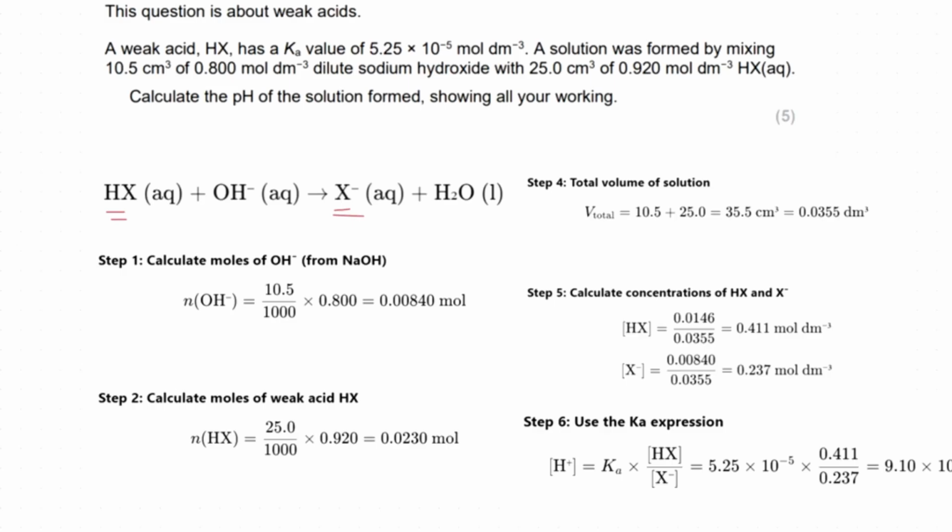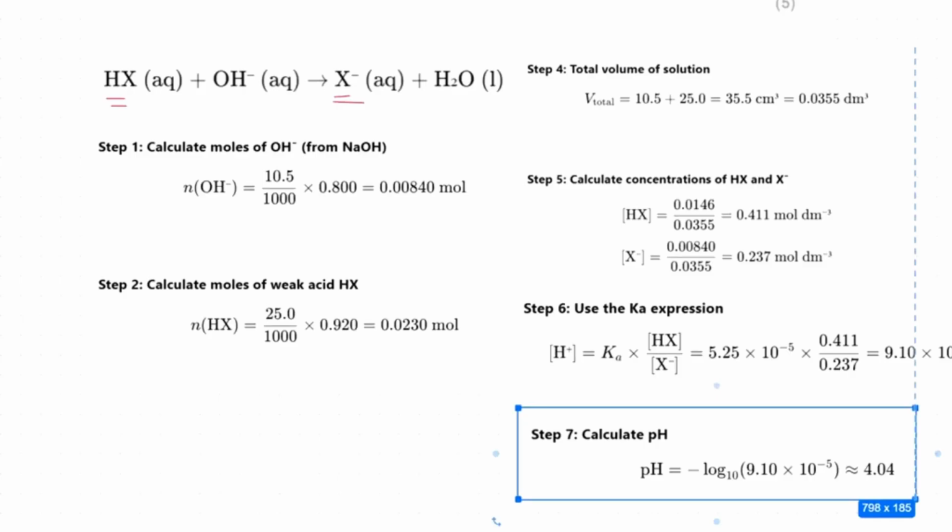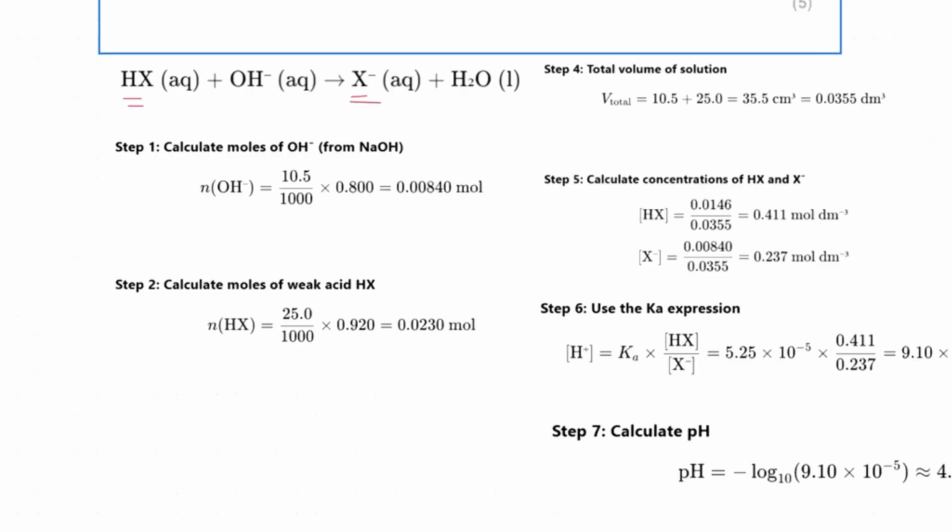So if you didn't get it right, I want you to take a moment to find the mistake. I think it's super easy to miss that it's a buffer, but if you fully understand that when you start your calculation and you have a weak acid in excess and a strong base, you have a buffer, okay? And then again, by visualizing clearly that you have this chemical reaction,